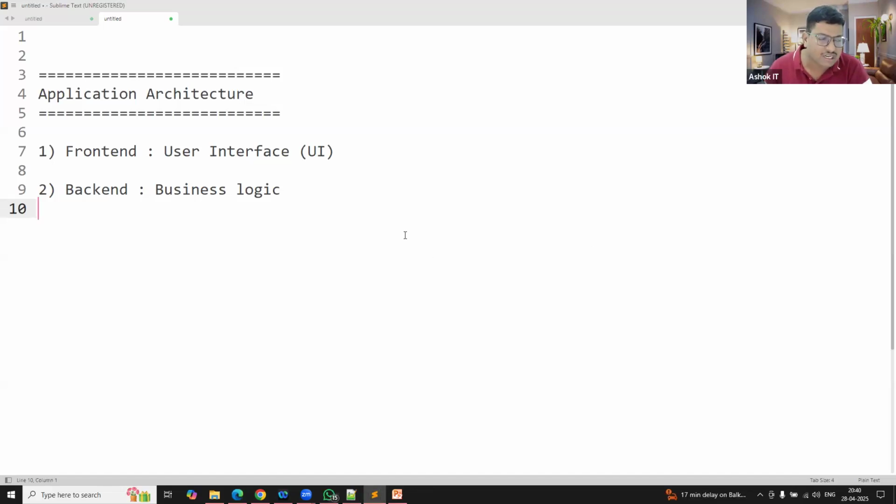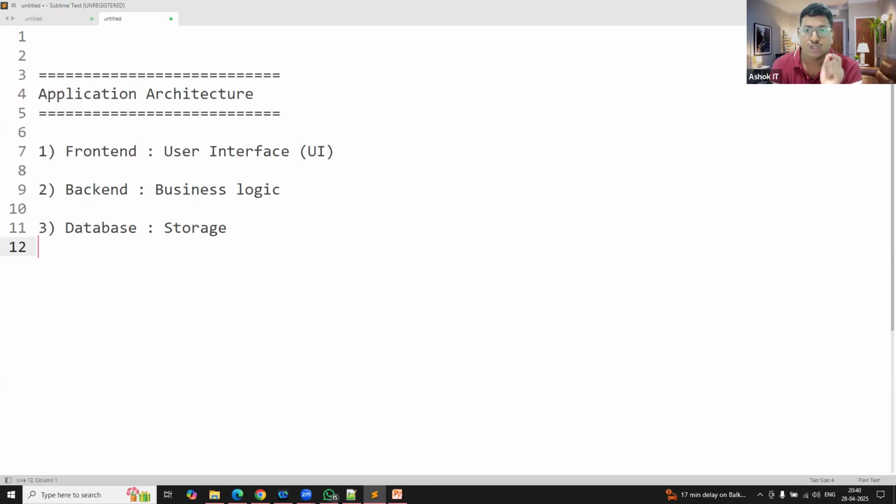And for the project, a database will also be available, which is used for storage purposes. In order to store our data, the database will be available. To execute the business logic, like sending the email for you, generating the OTP and sending the OTP to your mobile, generating an Excel report, generating a PDF report, validating your data, calculating amounts, interest calculation, addition, subtraction, that kind of business logic will be implemented in the back end of the application.